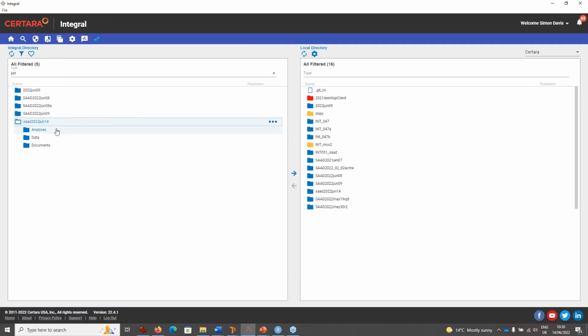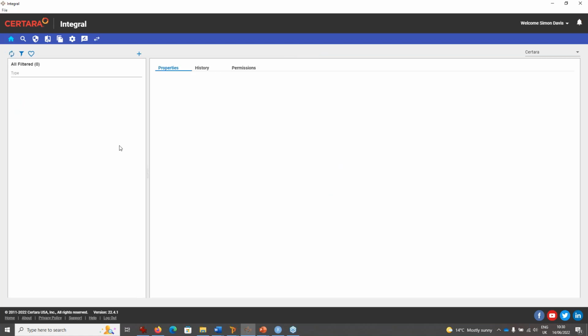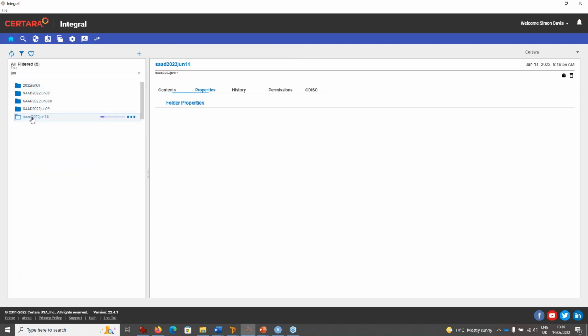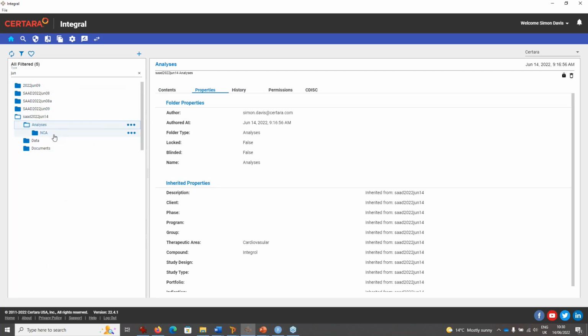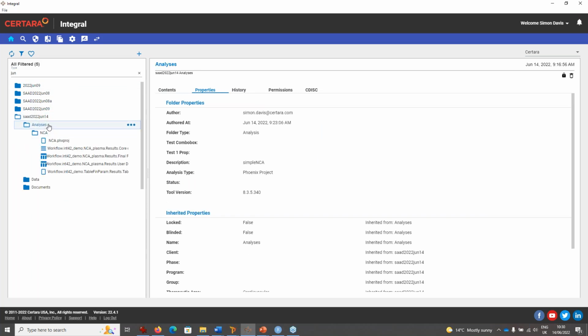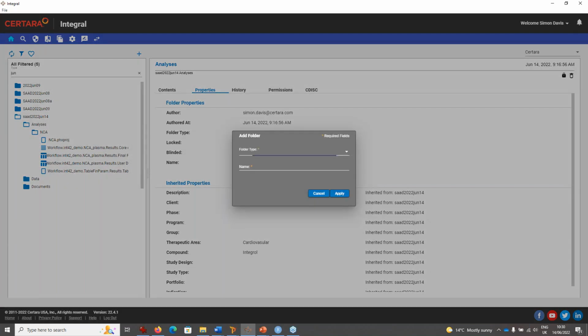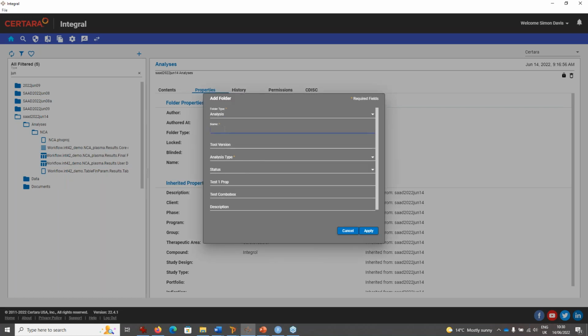I'm going to go back in here. Sorry, apologies. I'm going to make a separate folder to make it clear what's what. So here we are. Okay, so there's my analysis and my NCA. I want to work separately just so I don't mix up Phoenix and R analysis. So I'm going to make a new folder and call it analysis and call it R type or whatever. Okay, and it's going to be using the client application. Say apply,